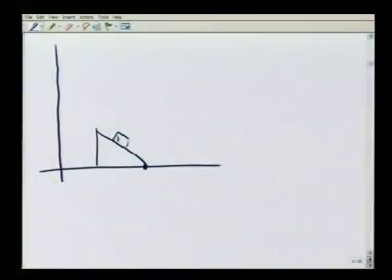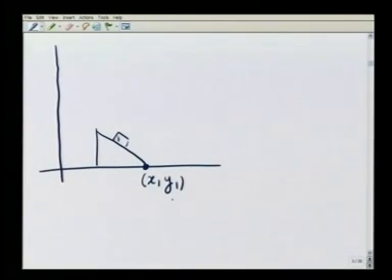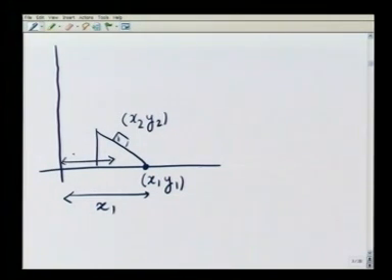For convenience, I'll choose this point to represent the coordinates for the wedge. Let this be x1, y1. Notice, since I'm putting this constraint that the wedge moves only in the horizontal direction, I'm explicitly writing y1, and later I'm going to eliminate this using the constraint equation, so that this distance right now is x1. Similarly, the coordinates for the mass m, let them be x2, y2, so that this distance is x2 and this distance